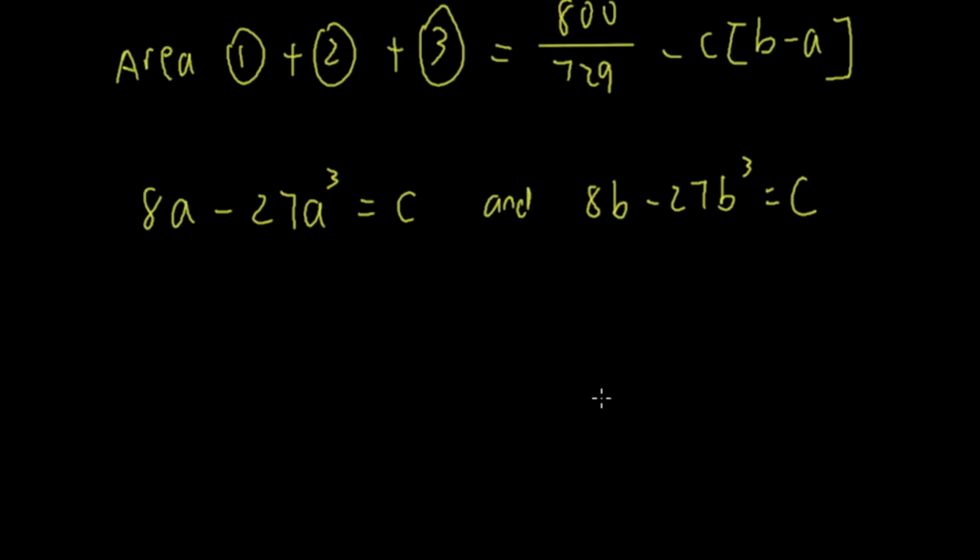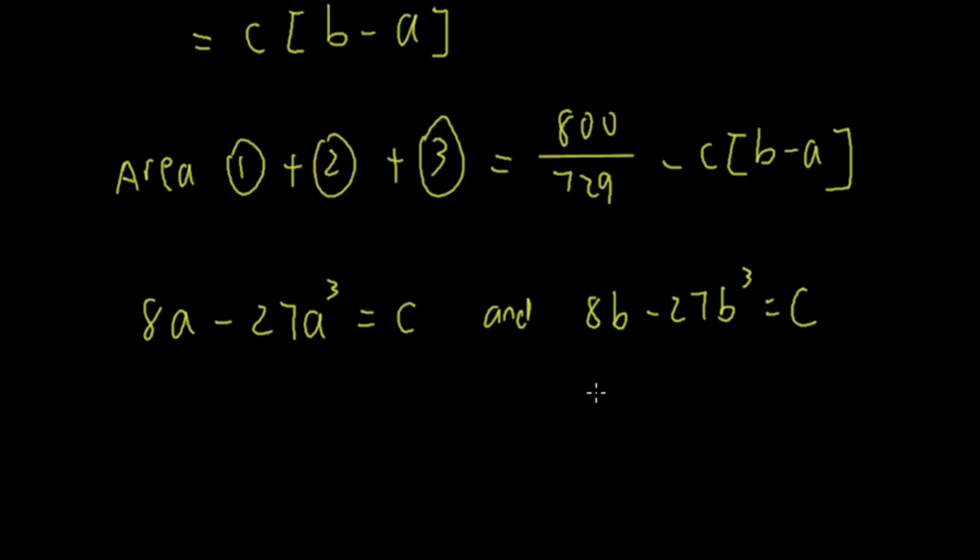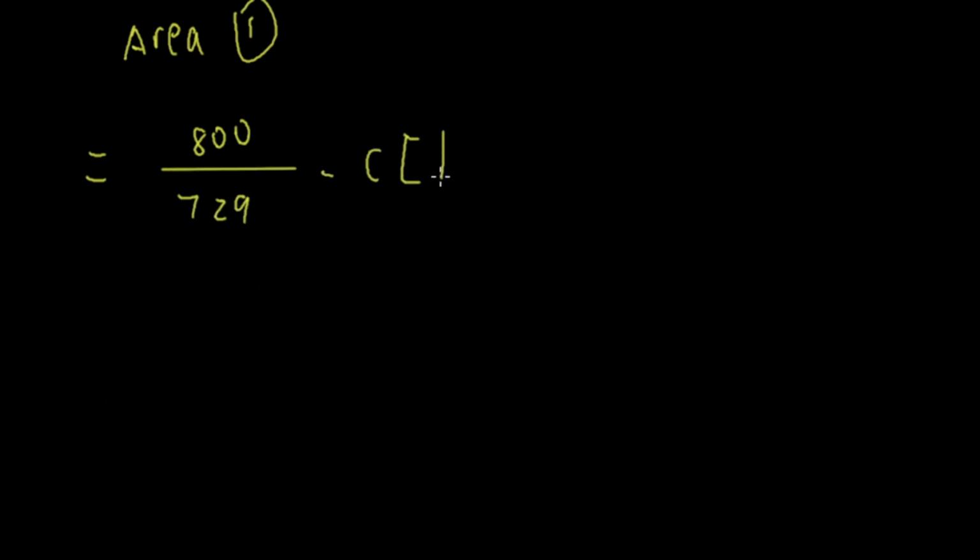Now let's do what I just talked about. Area 1 is equal to area 1 plus 2 plus 3 subtract area 2 and area 3. We already know that area 1 plus 2 plus 3 is equal to this. Let me write this. Area 1 is equal to 800 over 729 minus C times (B minus A)